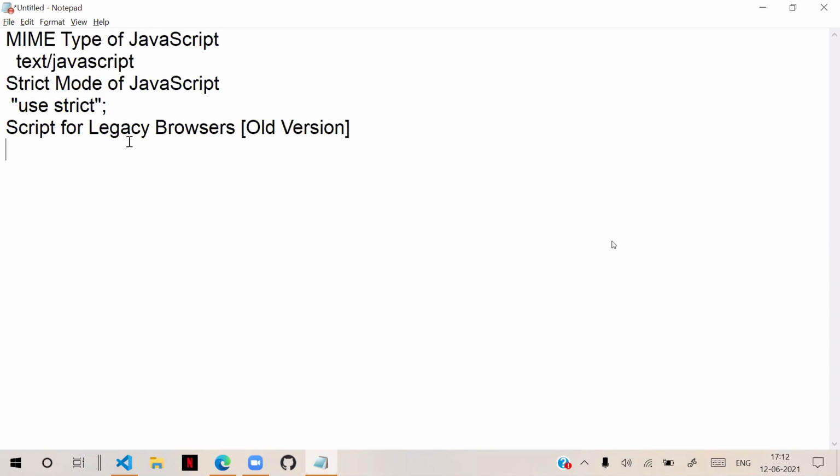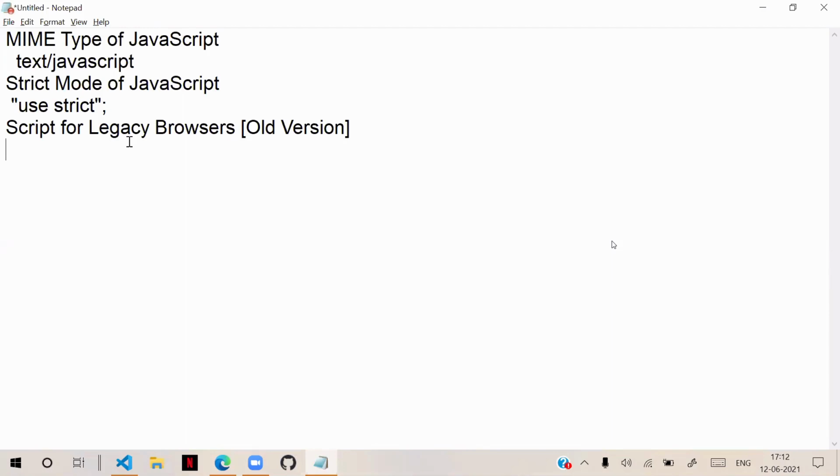And if you are using an old version browser, and that browser is unable to understand the new code I have written, then I will tell the compiler that some advanced code is present here. Try to translate it into the old. If the compiler is capable of translating into the old version, then it will translate and give it. Otherwise, it will simply say that I cannot translate this.